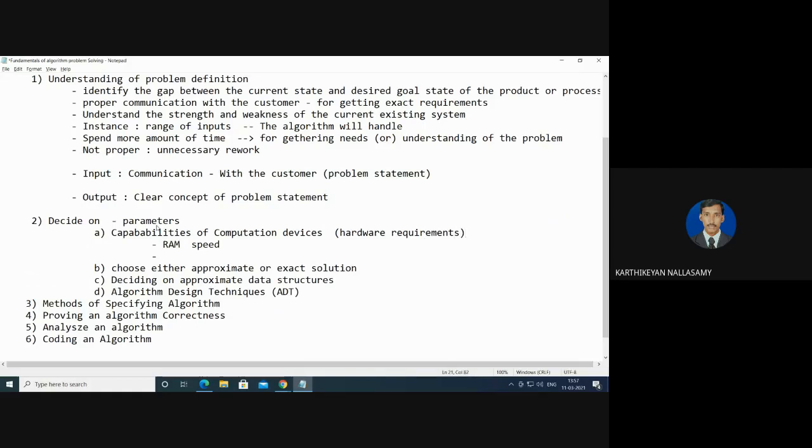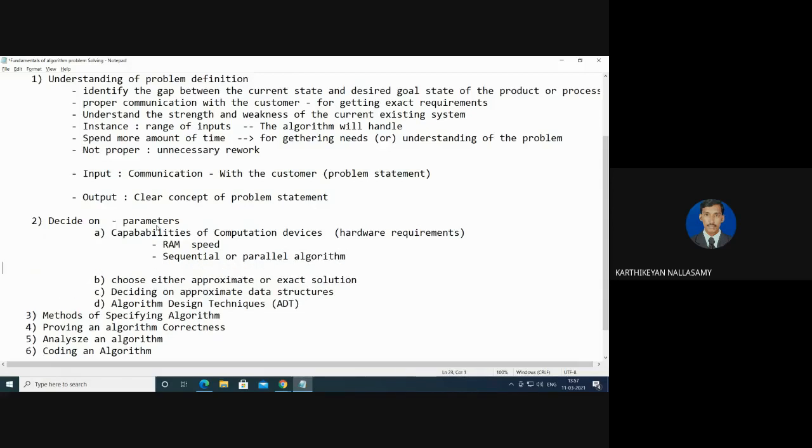We must know this clearly. The next thing is whether you are going to run it as a sequential or a parallel algorithm. First we must know all of this. One is to know all the hardware configuration of the machine we use. The second is to solve your problem with the help of a sequential order or maybe a parallel algorithm. We must know these two parameters. Sequential algorithm means the flow depends on the previous step's answer for the next step. If we must solve one by one, we can go with a sequential algorithm, or otherwise we can go with a parallel algorithm.